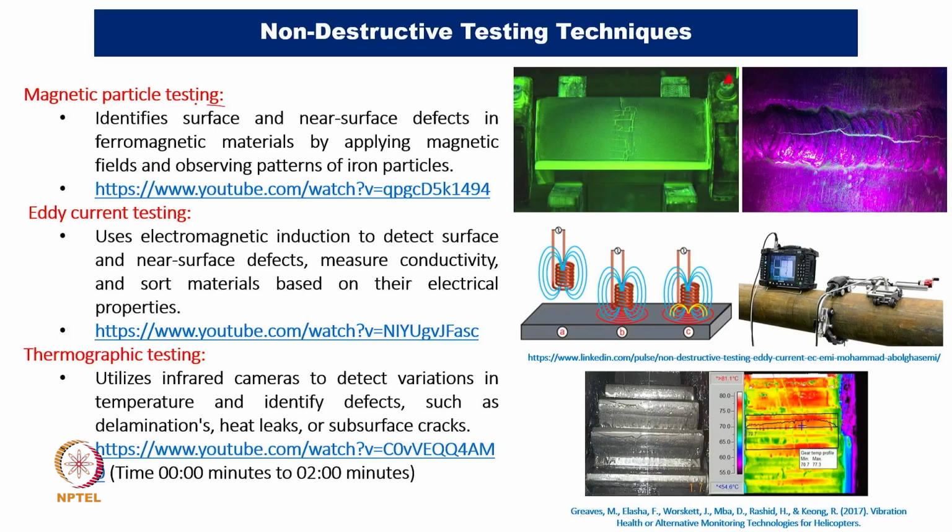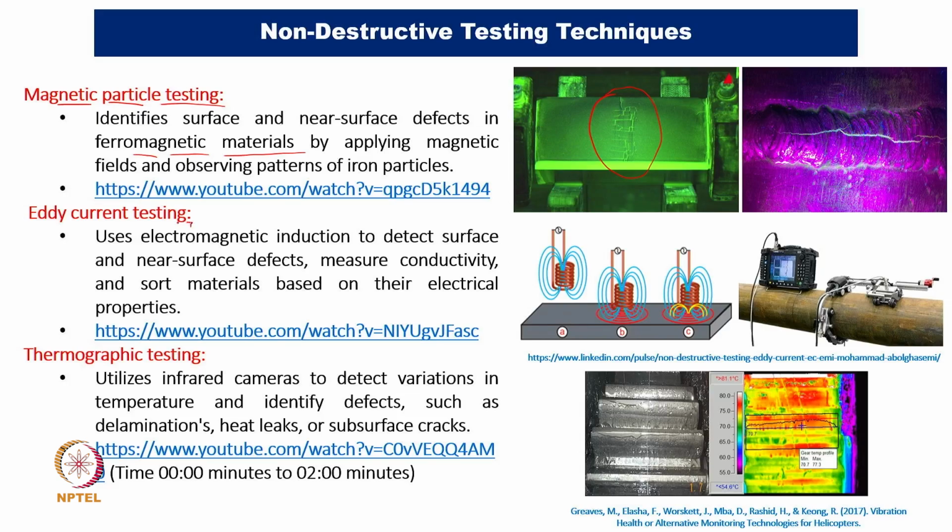Same thing, we are also showing the magnetic particle testing, and we say that it is not only the surface. You look at this surface, even the near surface, if there is some sort of depth, a crack, then we will also be able to figure out what the real problem is. So, the magnetic particle is not only suitable for the surface, but the subsurface also it can be utilized, maybe to a better extent. The only constraint is that the material must be ferromagnetic. If the material is ferromagnetic, then this MPT can be utilized, otherwise it will not be utilized for a